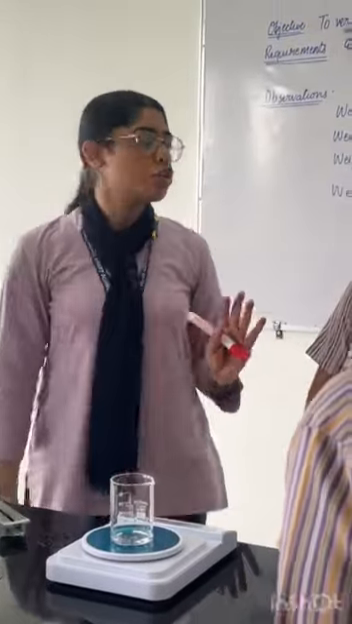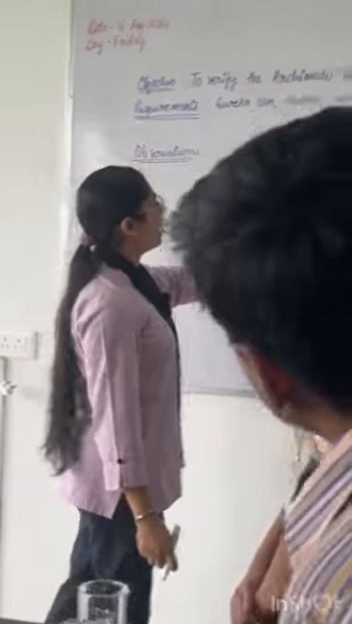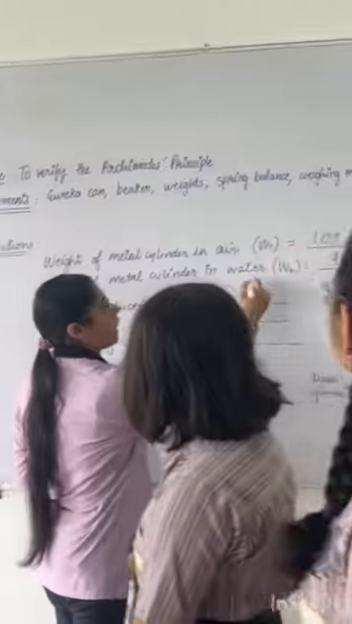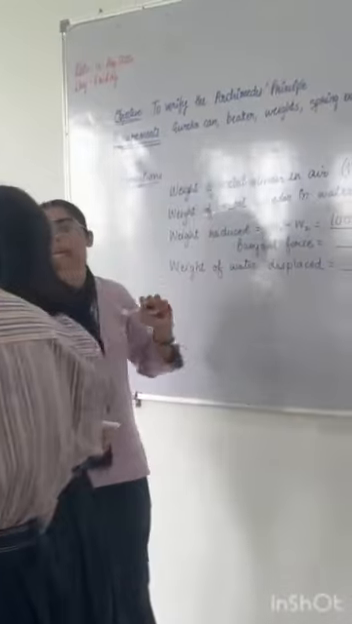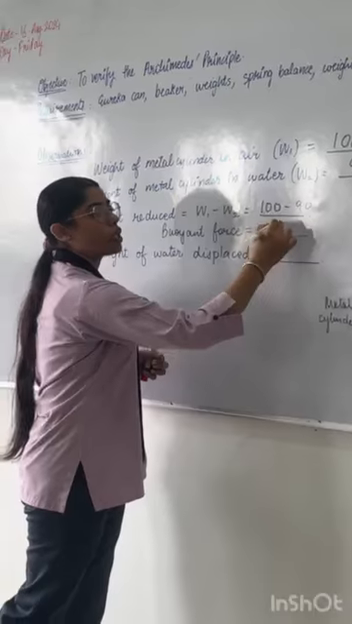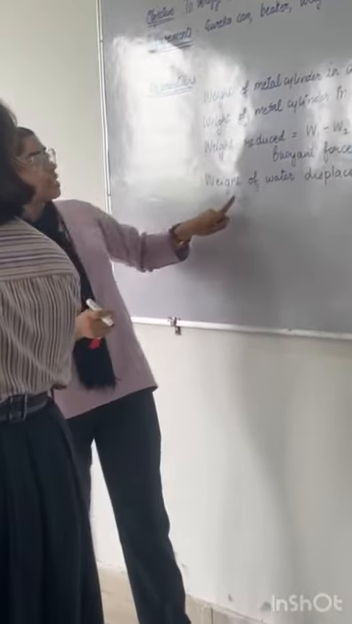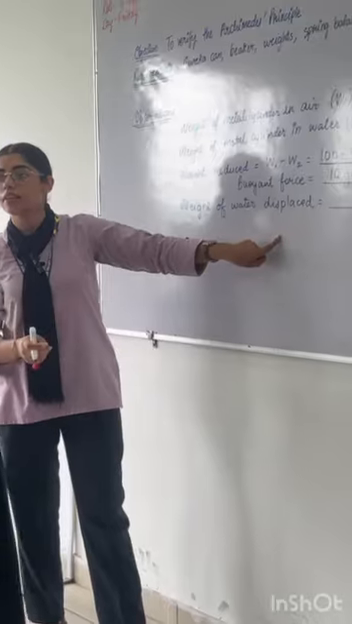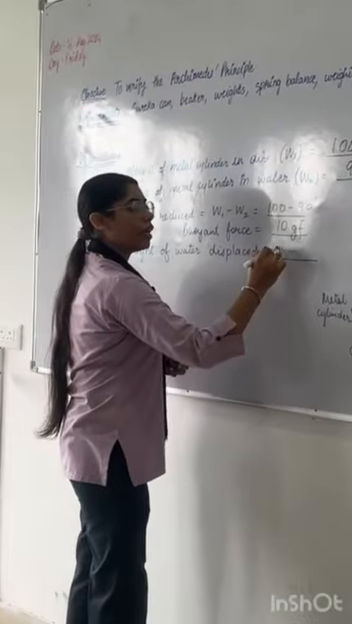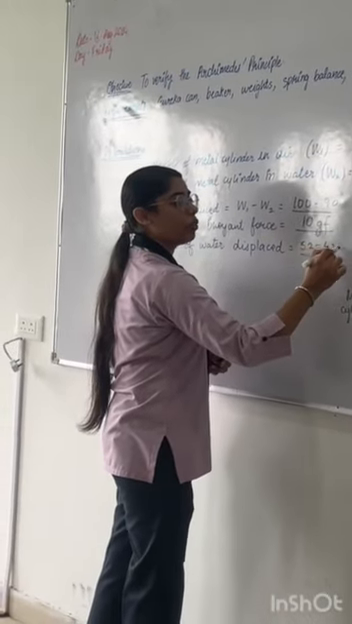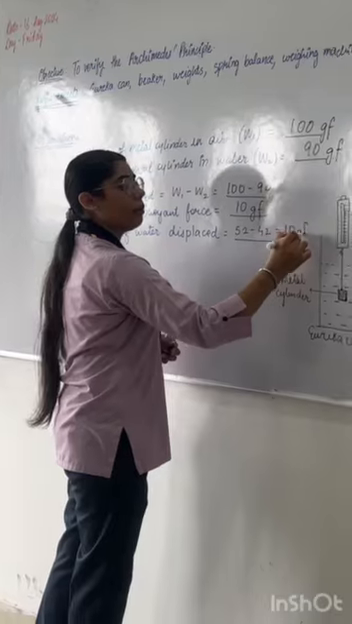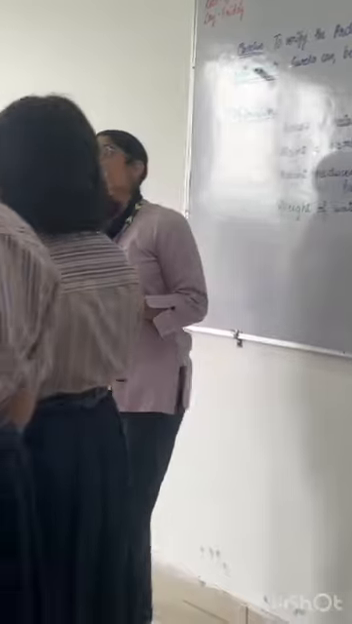What will be the weight of this water? 10 gram. So, what is the weight reduced? First of all, we will calculate 100 minus 90. Reduced weight is 10 gram. So, buoyant force will be equal to 10 gram force. And what is the weight of displaced water? 52 minus 42, that is 10 gram force. What was the statement of